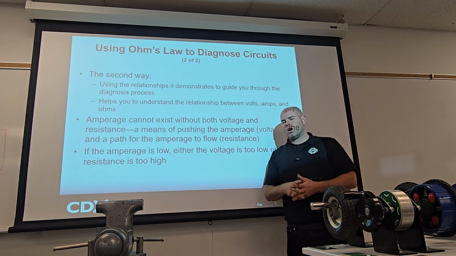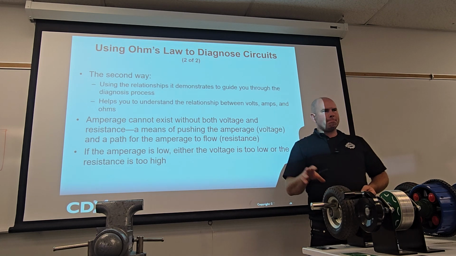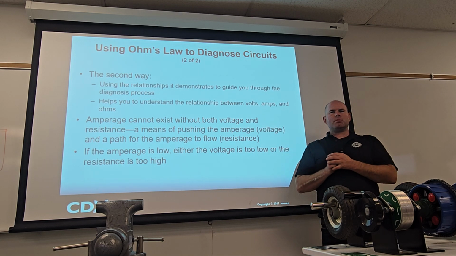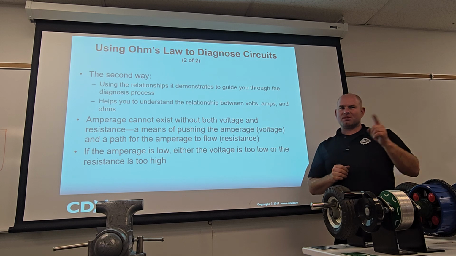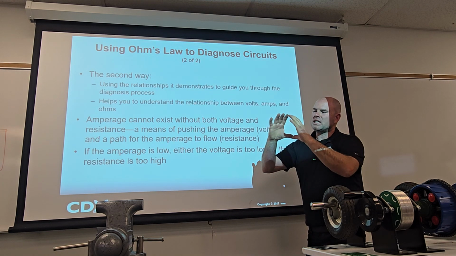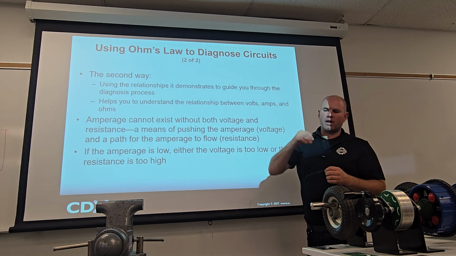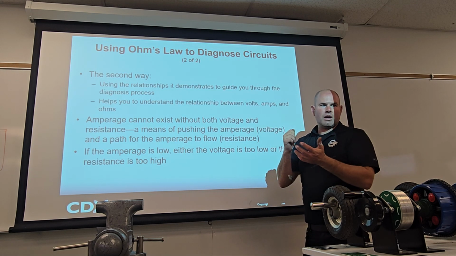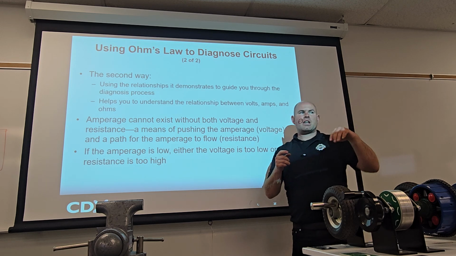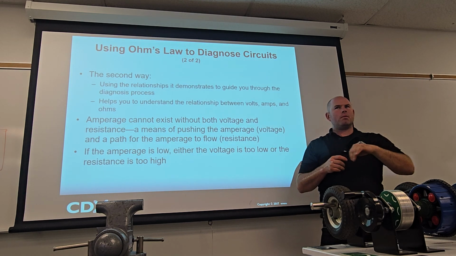So if I roll up to a car and it has a problem and a bulb is dim, you know what that tells me? There's resistance somewhere, because if the bulb is dim, the amperage is low. If the amperage is low, it's probably because the resistance is too high. Now there's one exception. It could be that the voltage is low too, right? But then that would be coming from the